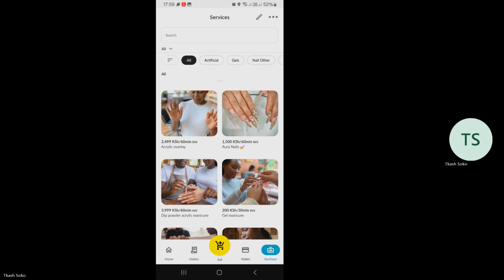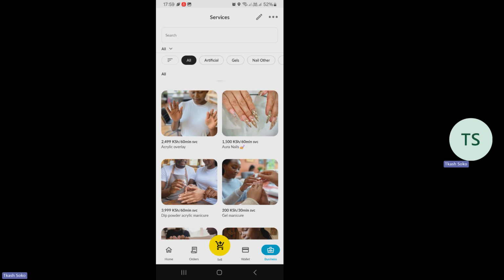So under either the services or under the inventory, then you get to fix your shop by one, deleting items that do not apply. Kuna items utapata hapo, because I have commented and said that these items are AI generated. The items you'll find there that do not apply to your case, zenye actually you don't offer ama hauna kabisa. So then you delete them. Ukizidelete, why are we deleting them? So that to clean up and remain with only what we offer, for ensuring that we generate a lot of confidence with our customers online.